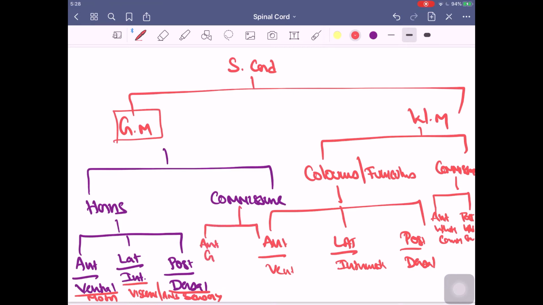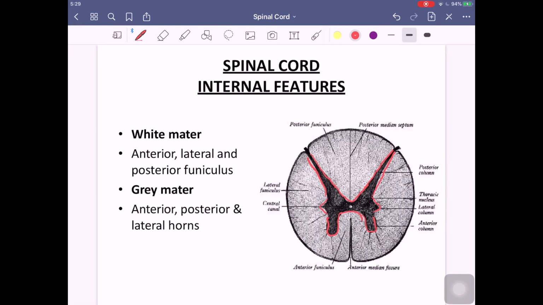Whereas the commissure is divided in the same way. You have the anterior gray commissure and the posterior gray commissure. Let us see this. Where do we have the anterior and posterior gray commissure? Now these commissures are the ones which are dividing. So let us see now. Where are we? Okay, we come back to this. So this is the entire thing.